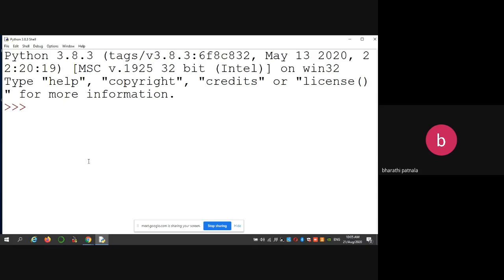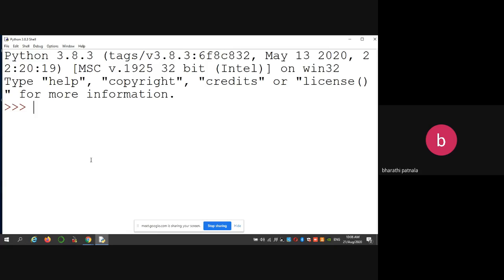As I already told, we have four different types of data structures available in Python. One is list, second one is tuple, third one is sets, fourth one is dictionaries.